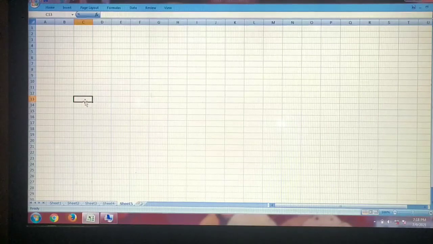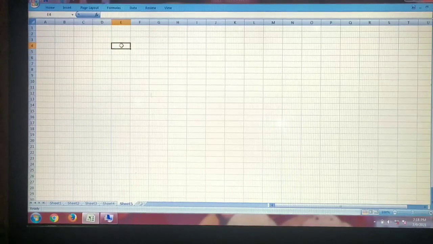A mixed cell address is one where either the column label or the row number is written as an absolute address and the other is written as a relative address. Suppose I click on this particular cell and the relative cell address is E4, the normal one. The absolute cell address of this cell is $E$4.